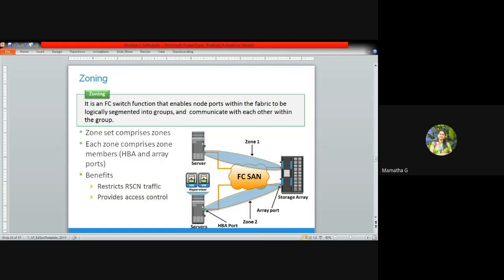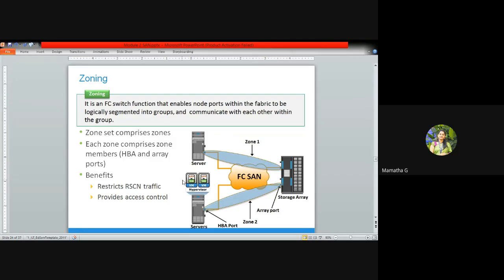See here, what we do in zoning is we logically divide it into groups. Whichever nodes are connected to the storage, we logically divide into groups, and we make sure that the communication, or the network data transfer, takes place only within that group.